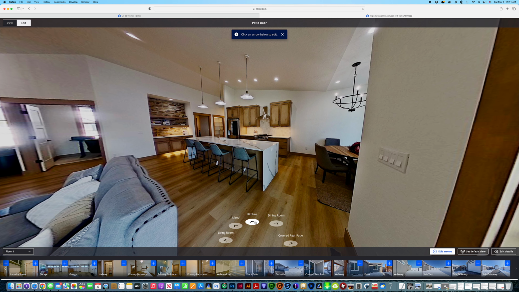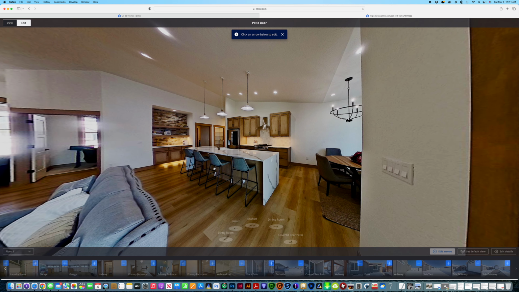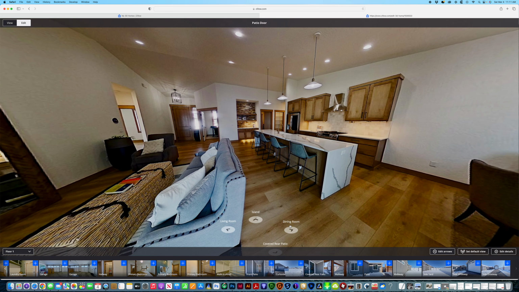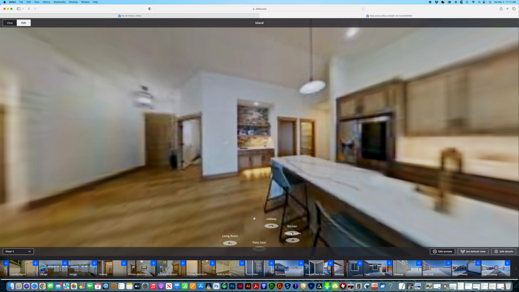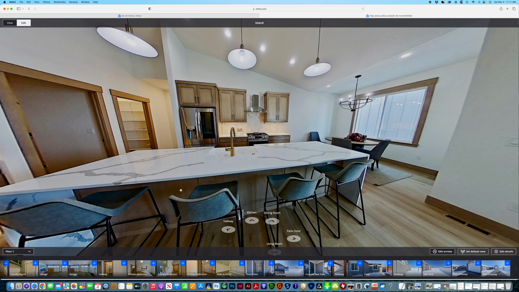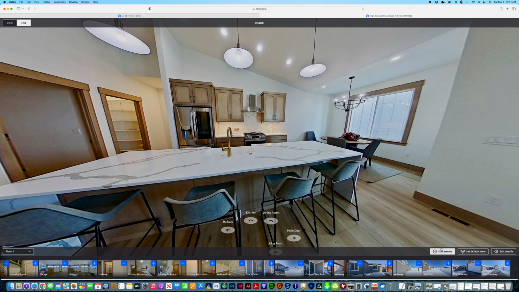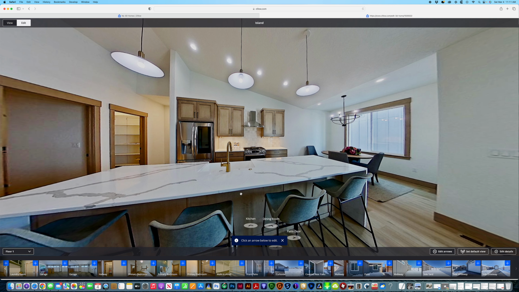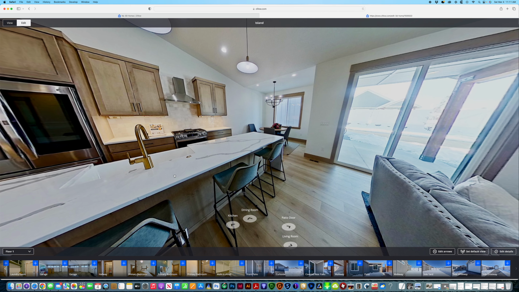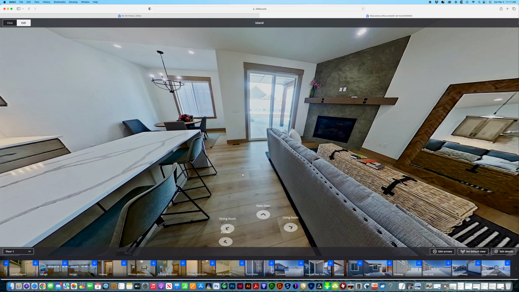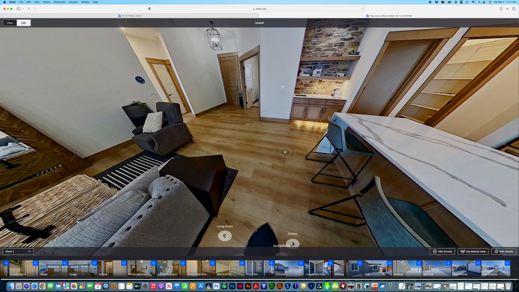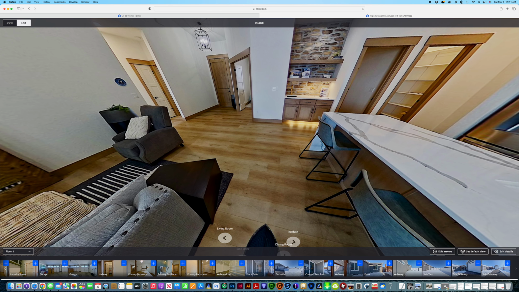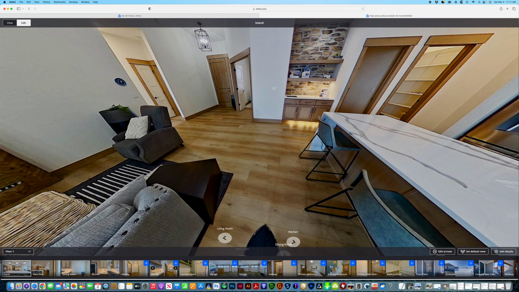I would probably kill the kitchen here just to clean up this a little bit. Here I can go to the island, which gives me the dining room. I'm going to also kill this hallway once again to just clean up. Dining room, patio door, living room, and then here I can actually connect to